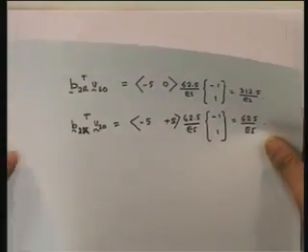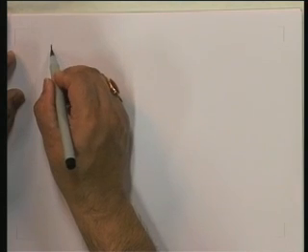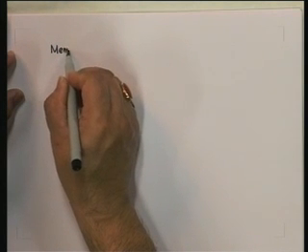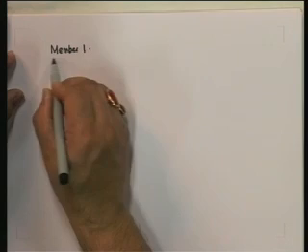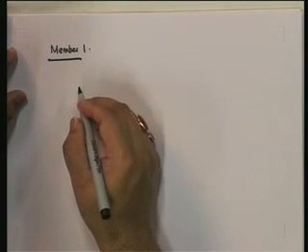Okay, what's the next step? The next step is to find out the various BIR and BIX, all those. So this is what we are going to go through in the steps now. Let me just go about it. We'll do it member by member. So first and foremost, member 1, let me find out